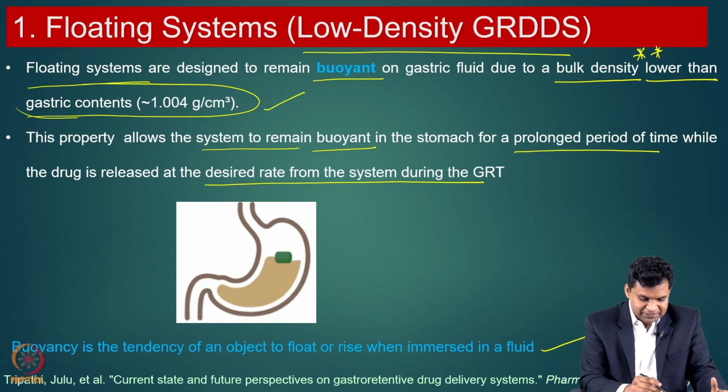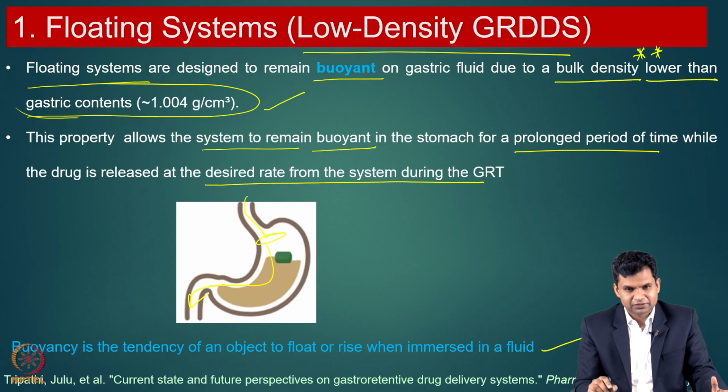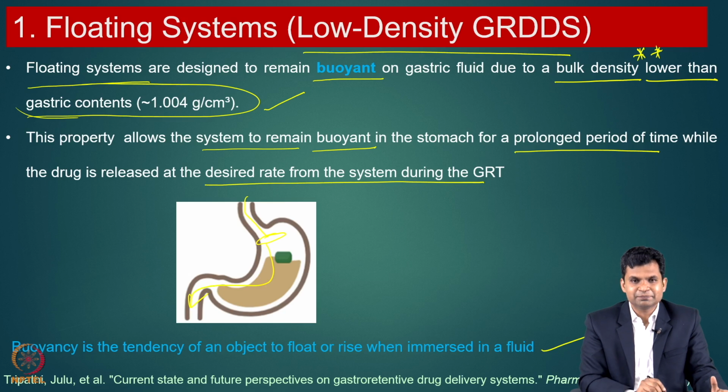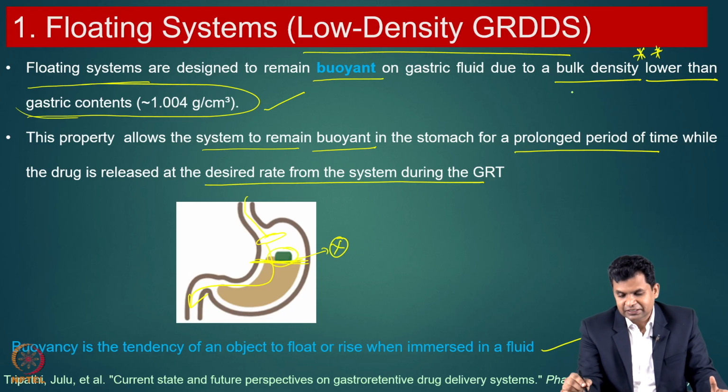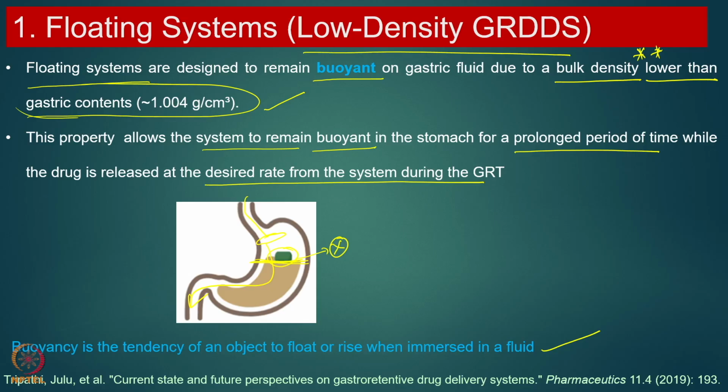So, you can see by seeing the pictorial representation, after administration your tablet will come into the GIT fluid, and it will take the water, and then it will move away from the stomach. But by using a floating system, it will completely avoid the gastric emptying, and it will float on the surface of the GIT fluid, because it has a low density, which is lower than the